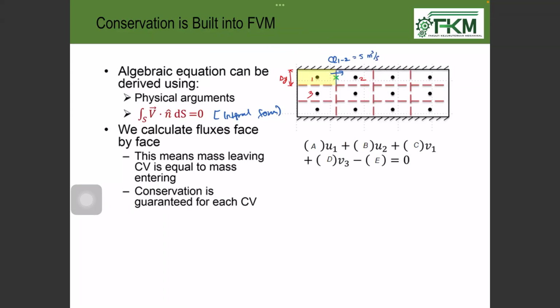Okay, so we can call that the conservation is guaranteed for each CV. Okay, so conservation is guaranteed for each CV. So it's no issue that it's not conserved. Okay, kalau tak conserve pun disebabkan oleh error itulah tadi yang kita buat belakang. Alright, so in the end, kalau saya susun balik equation ini ke belakang, okay, you will get E is equals to 0 lah, is equals to 0. Okay, alright, is equals to 0. Okay,